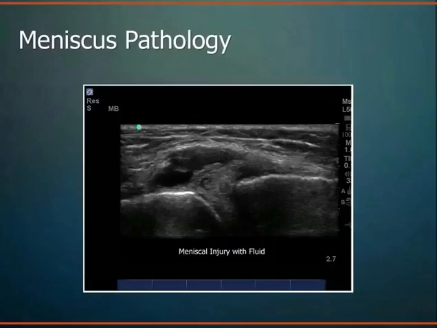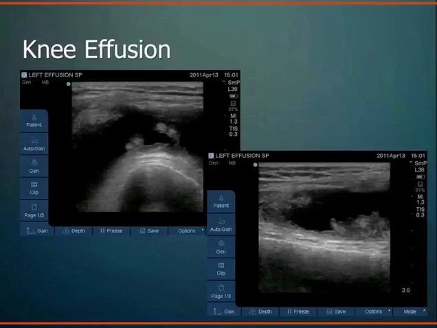So very well seen on ultrasound. I mentioned earlier that you can see some meniscus pathology. This is the joint space here, femur and tibia. This is the joint capsular effusion. Again, you can see distension of the interarticular fluid, joint swelling. And this is the meniscus that's basically displaced. It has meniscal cysts in here. So you can see a lot of meniscus pathology on ultrasound, but there certainly are zones of the meniscus that are deeper that you can't quite image, and in which case you have to rely on your MRI to image